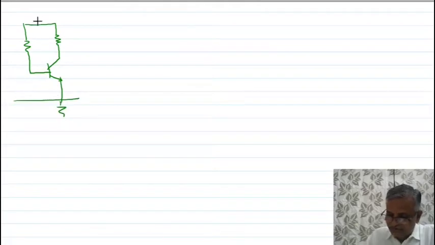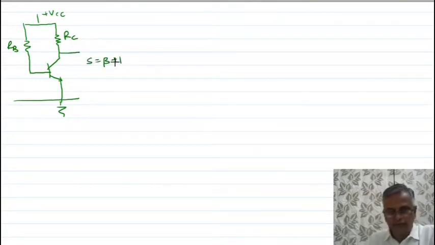This is a fixed bias circuit. We will not get any stability. Stability is very poor, because whether the stability of the circuit is good or bad can be found by knowing the value of stability factor S. If stability factor S is low, then it is called a good stabilized circuit. For this fixed bias circuit,